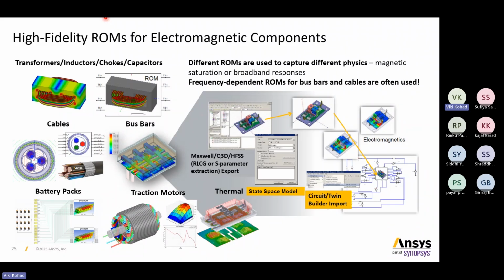Suppose take your traction motor. You are designing your traction motor inside the Maxwell. And in the traction motor, you need to do the electromagnetic analysis. Now you can control or give the excitation parameters. What are the excitation parameters? Now you want to give the excitation parameter, so you can give your excitation parameters on the basis of